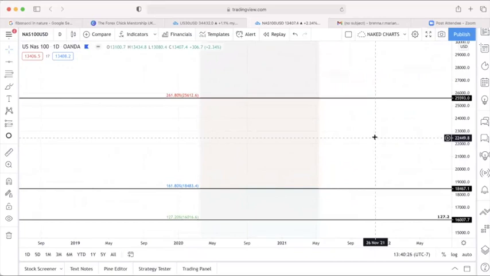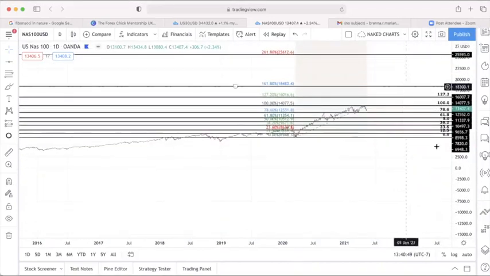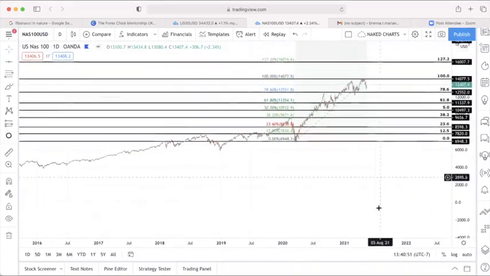Jason, every single, so the 61.8% is one of the strongest support and resistance levels of fib levels. That is the most popular and most used by traders. That one, and then also the 161.8 as well is also a really strong level. And